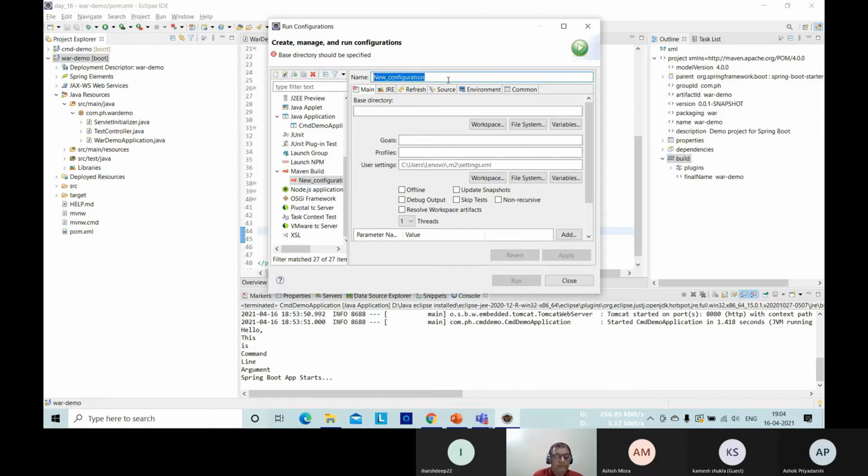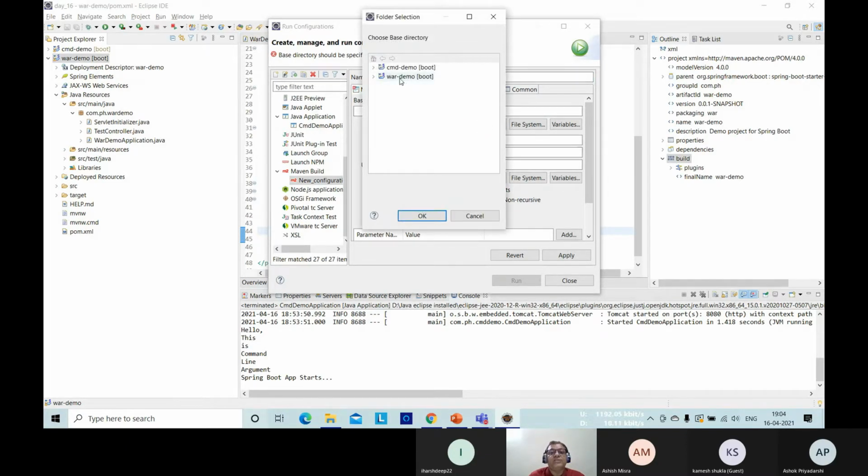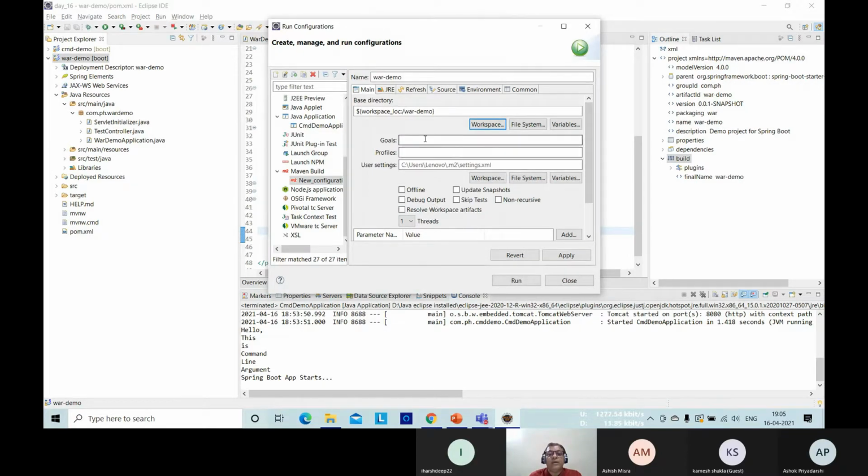Let's give the name war demo, could be any name, and you have to specify the directory where the project is. The goal is install, same as the previous day. No need to check here. Skip tests right now.